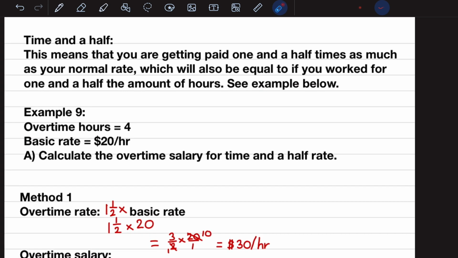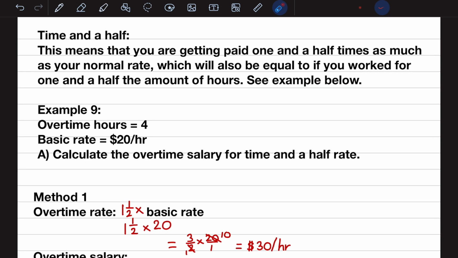Time and a half. Time and a half is an overtime rate, right? So let's see what the definition has. Time and a half. This means that you are getting paid 1.5 times as much as your normal rate, which will also be equal to if you worked for 1.5 the amount of hours. Let's see if we can understand that. So